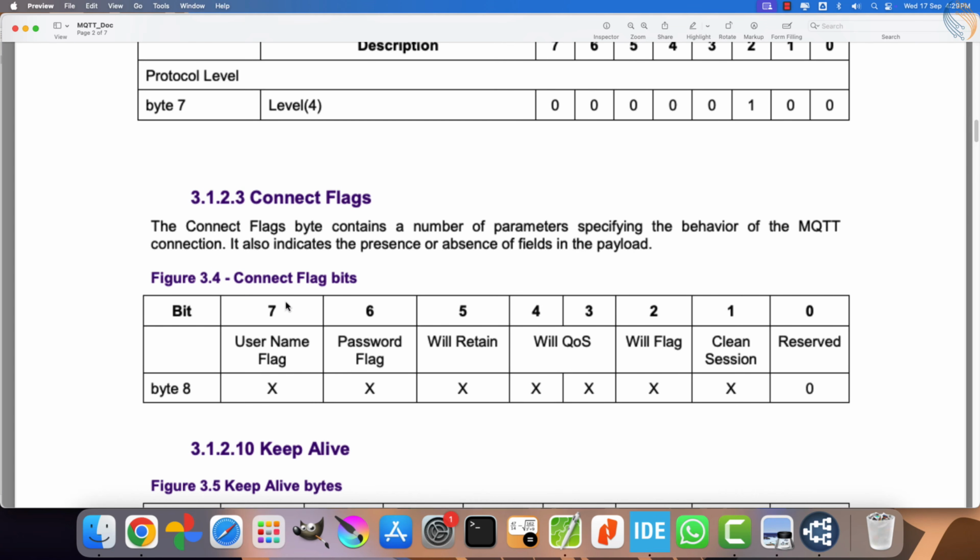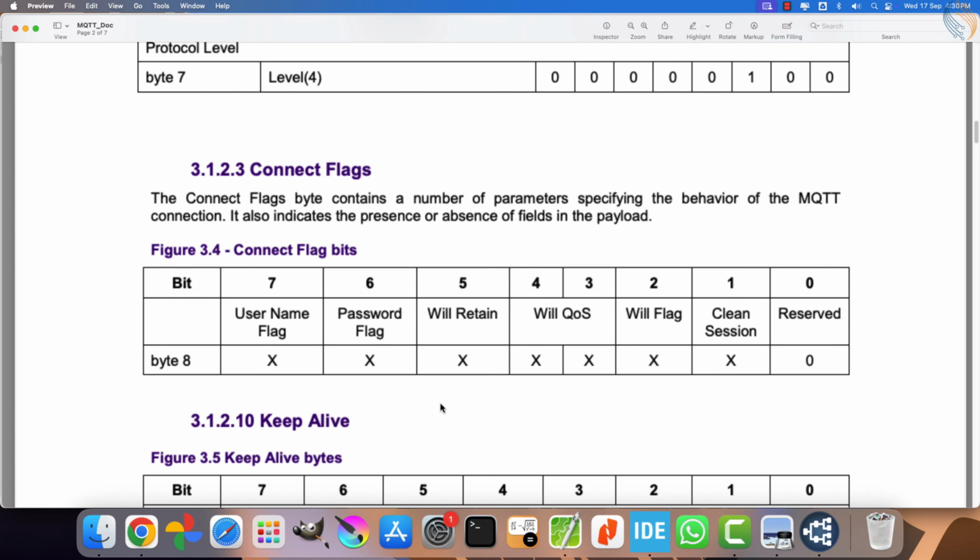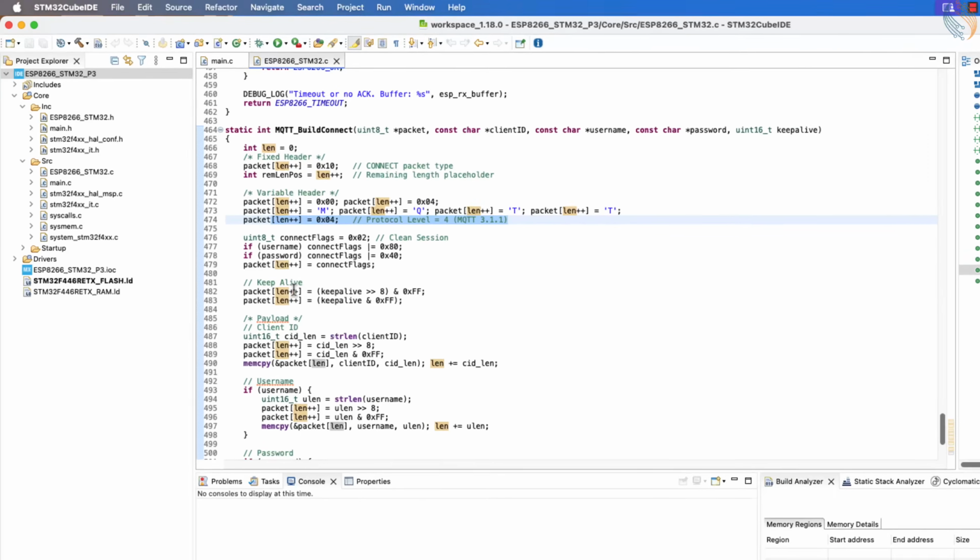These flags configure different options for the behavior of the MQTT connection. To enable a feature, we set the corresponding bit in this byte. For example, if the broker requires a username and password, their respective flags will be set here. Other flags, such as retain, quality of service, or will parameters, are not covered in this series, so we will